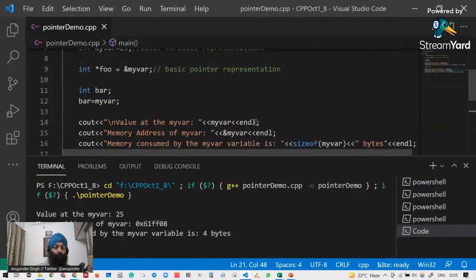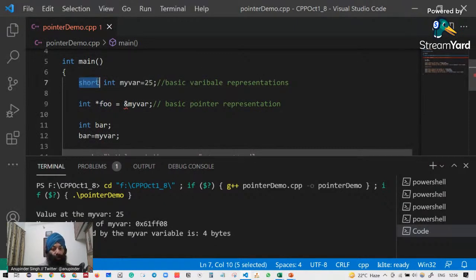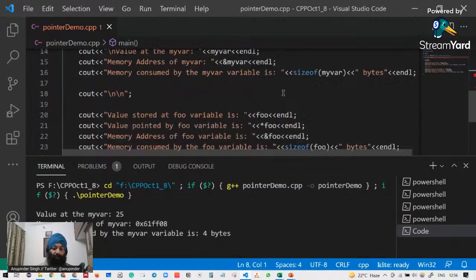Now we might know, right, that if I add short in front of int, it is going to give me the memory location with half the size of the integer, right? So this is going to give me 2 bytes in that particular case. But as soon as I add short in front of integer, what you can see over here is that the line of the pointer variable declaration has started showing me an error, right? And that is because the memory requirements are not matching, so it is going to give me an error. So if I execute this particular program for you,